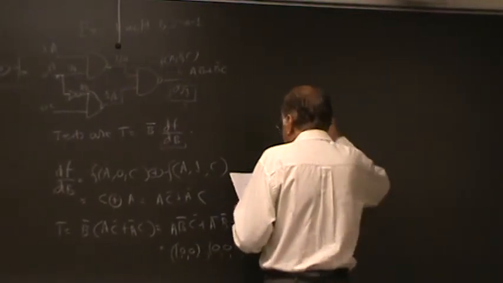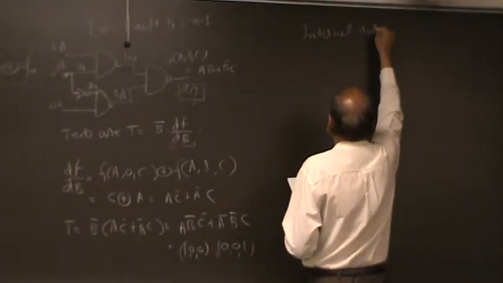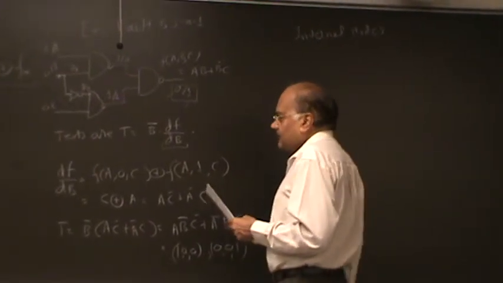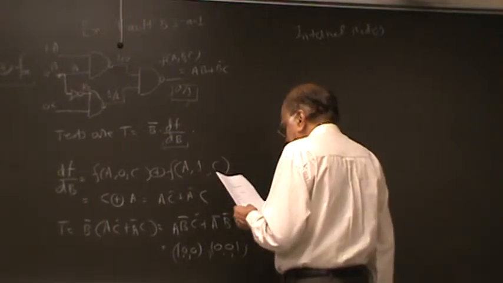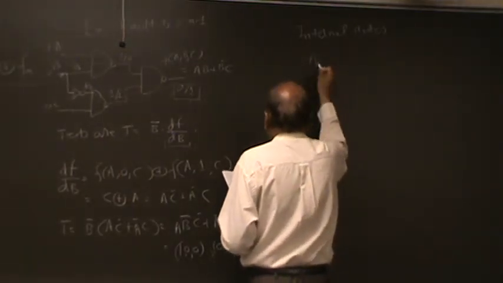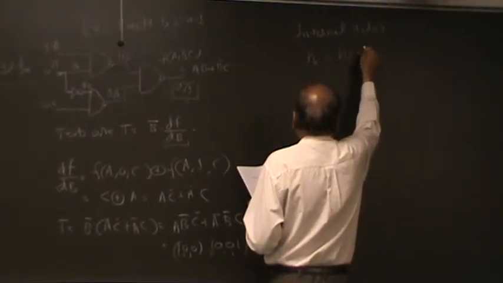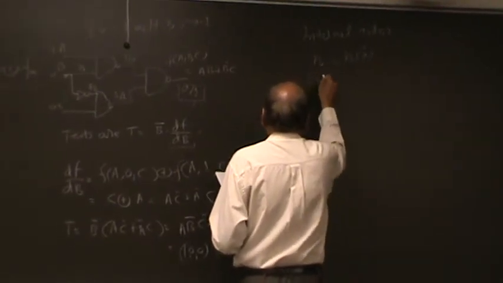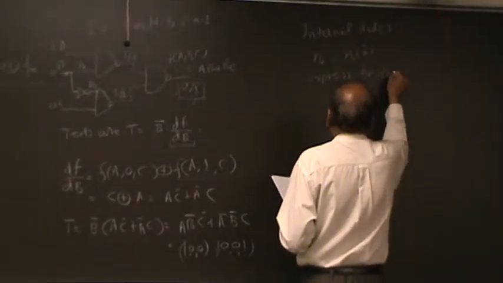Okay. So, internal nodes. Basically the main thing is that we need to keep track of what the internal node is. So you have some internal node, which is H, which is some function of the inputs. So basically we would express the original function